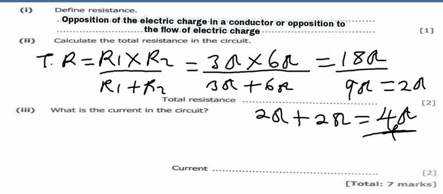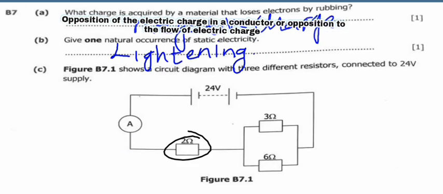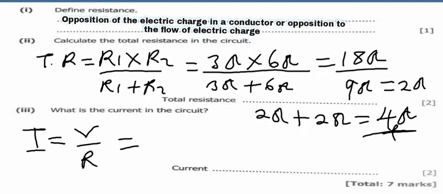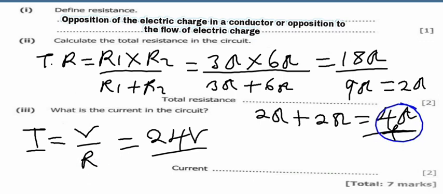Roman number 3. What is the current in the circuit? Current is represented by capital I, given by voltage over total resistance. In the diagram, they have given us the voltage, which is 24 volts. So I'm just going to put 24 volts where I have V. So 24 volts divided by the total resistance, which is 4 ohms. So divided by 4 ohms is equal to